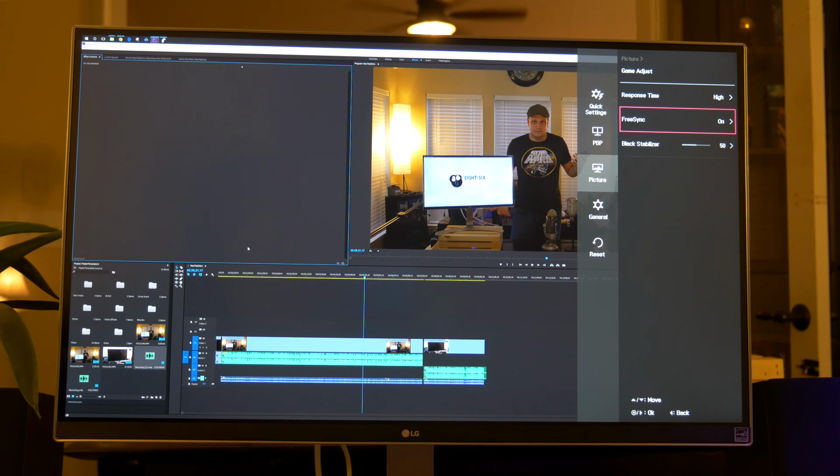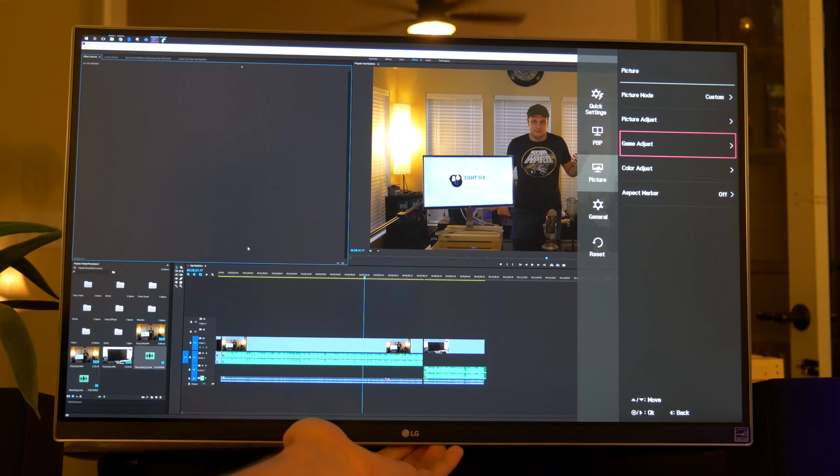can turn FreeSync on and off if you have a FreeSync supported card, an AMD card. So once again, just a touch, if you're thinking about going AMD with their new Vulkan technology and you want to use FreeSync, boom, there you go, you can turn it on or off there. And what that does is reduce the stuttering and tearing inside of games. It makes it look a lot fresher, especially since you'll be playing at 60 Hz